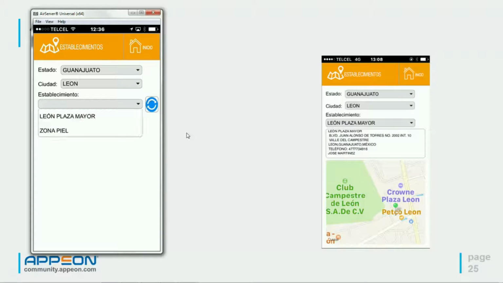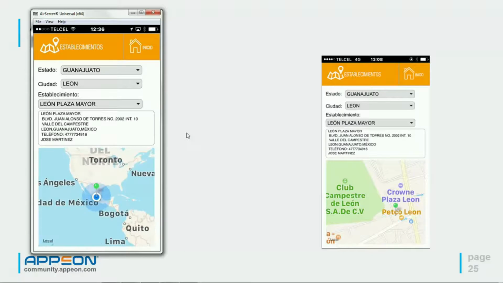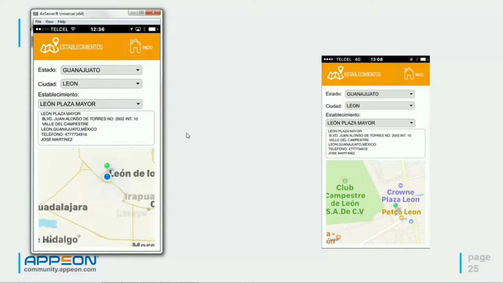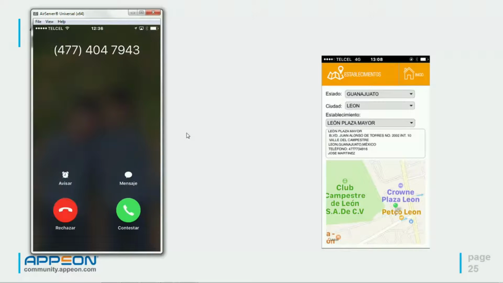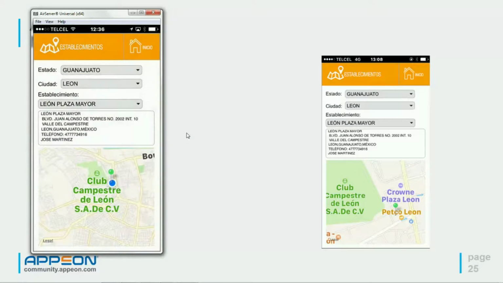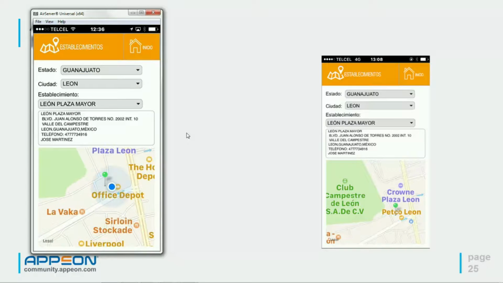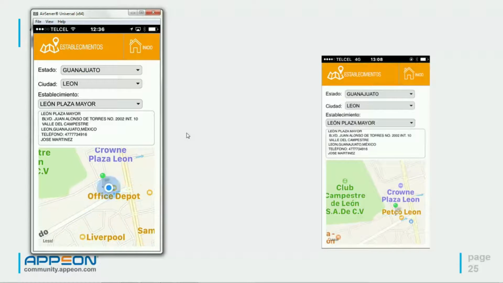So you go to the city, you select the store, and that's basically the maps functionality that Appeon added in the application. So that's very nice because you don't need to know